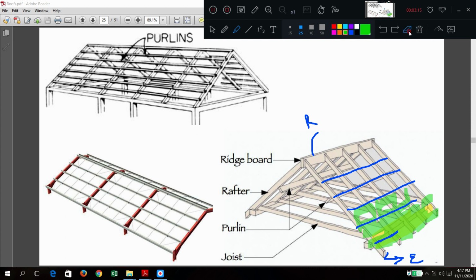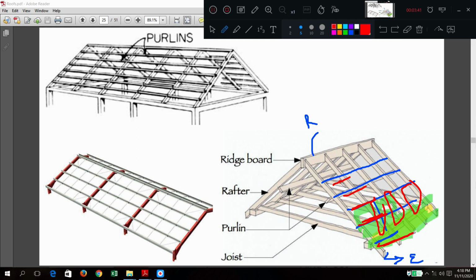And two important terms, what are those? You should provide minimum side laps for every sheet as well as longitudinal laps. That is very important.